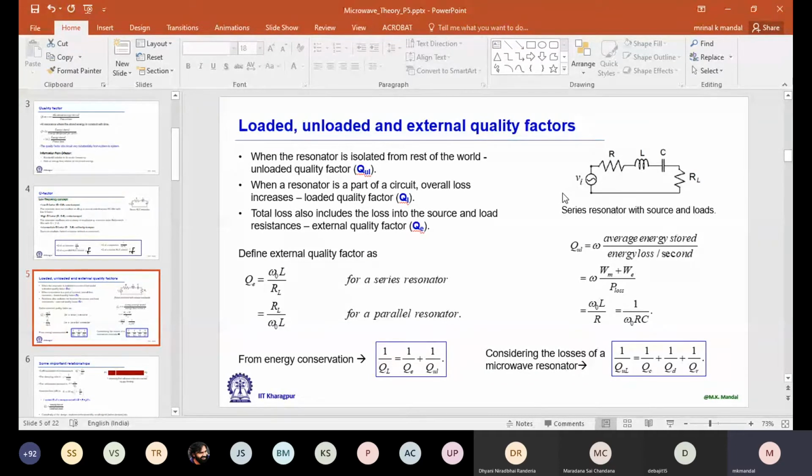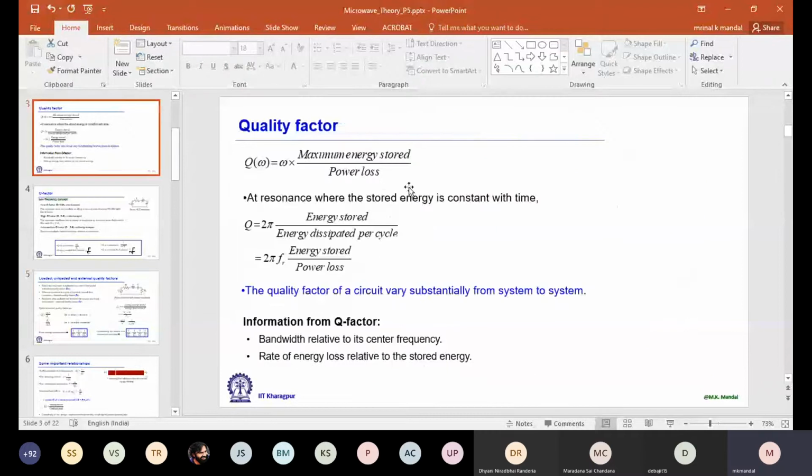So how will we be defining those losses? For a microstrip line, let's say we have conductor loss, dielectric loss, then loss due to radiation of surface wave, which we represent by Q1. So we will consider the individual components of loss, and that will be represented in terms of the quality factor. So if I go back to this definition,